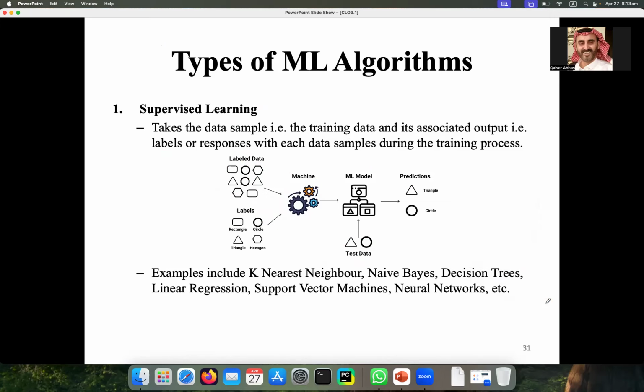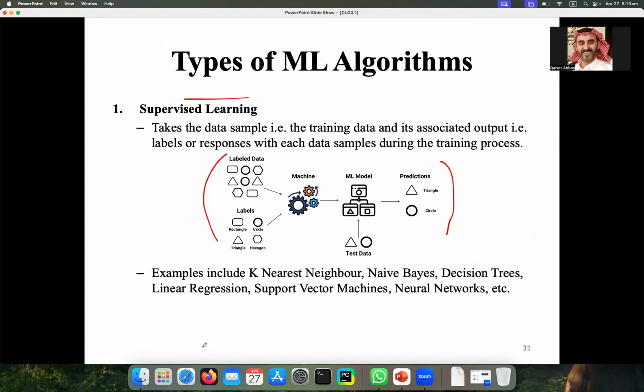So what is supervised learning? You will say, in supervised learning, our model will take the data along with the labels, and after getting training, the model will predict the labels of the test data. This is called supervised learning. You have to keep this diagram in your mind, and then I think you will not make any mistake in defining supervised learning.